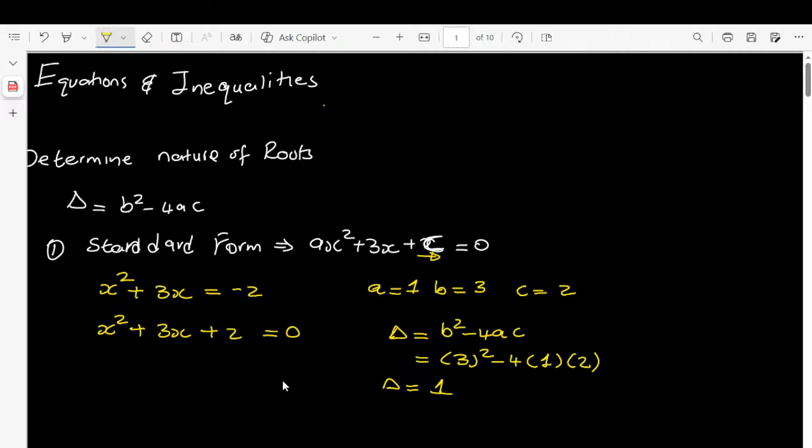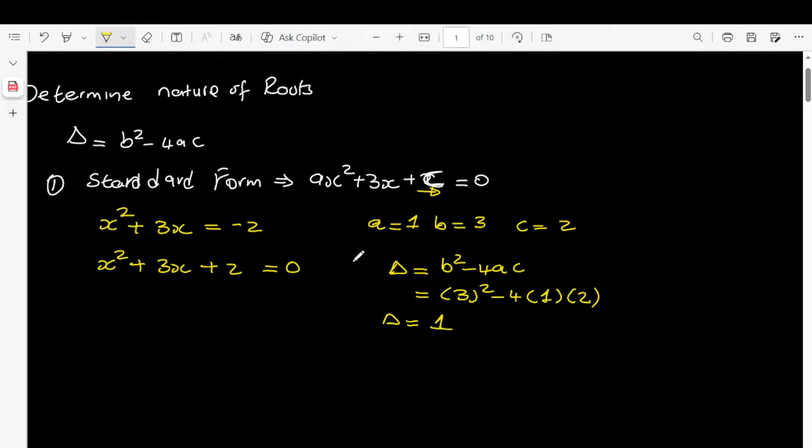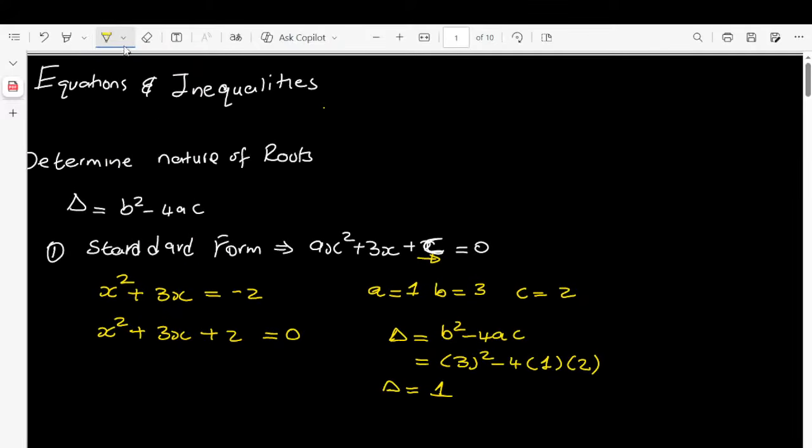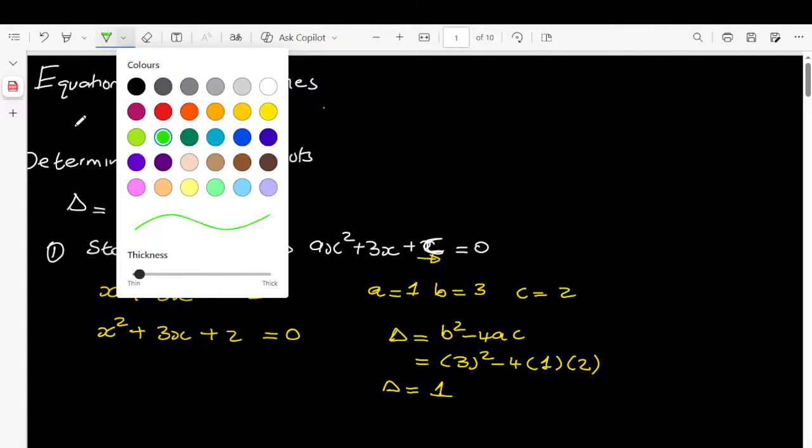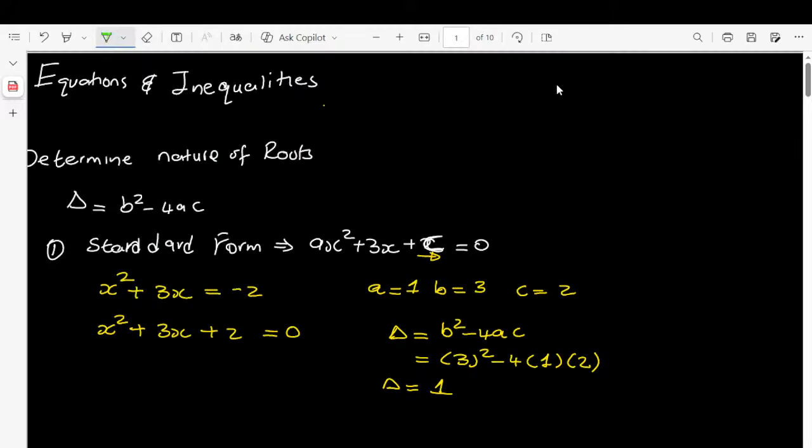Now, what about the nature of the roots? What are we going to say about the nature of the roots? So now listen. Remember, we said that for the nature of the roots, we use the discriminant. And when we use the discriminant, we need to understand the map, the map that is used to find the discriminant. I hope you guys understand that part. Listen, the map that I'm referring to,